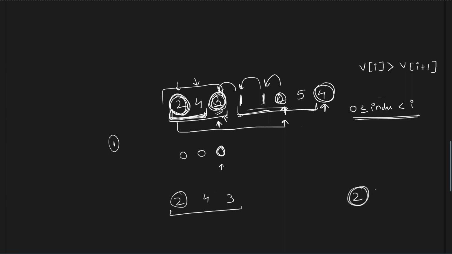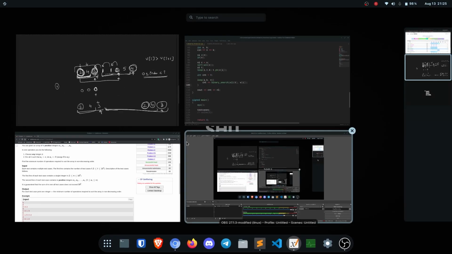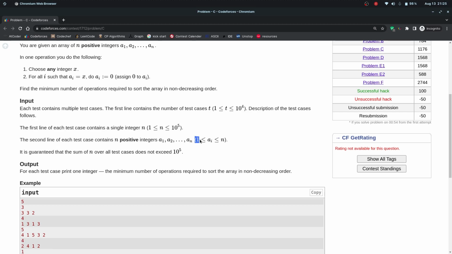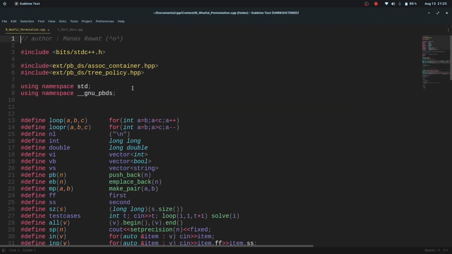If 4 was present at the last, then the index would be 4. If 3 was present at the last, then the index would be 3. I'll have to find the maximum of these, and from there I'll have to make all these 0 till 3. Right, understood? So I have to make these 0, and from there make all these numbers 0 till this number 3. So how do I implement it? I've already told you this observation, that ai is present between 1 to n. So what I can do is,